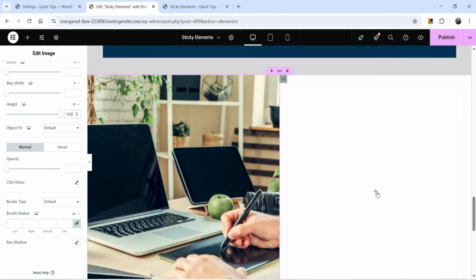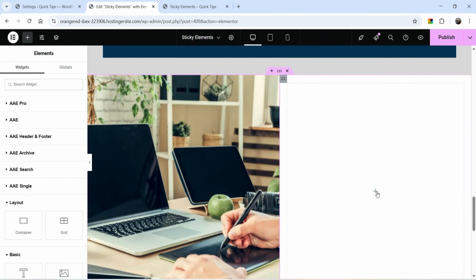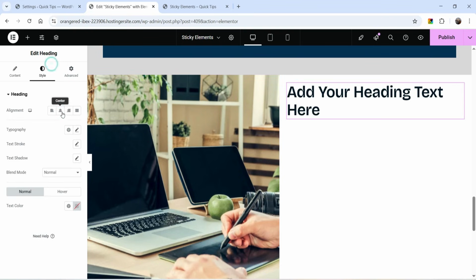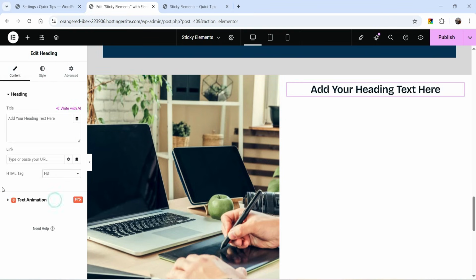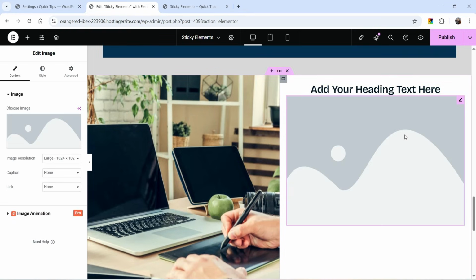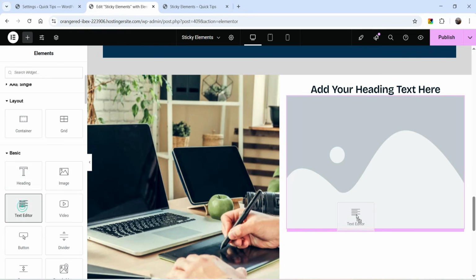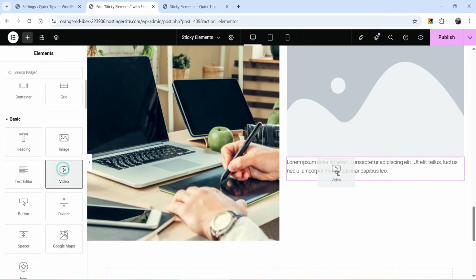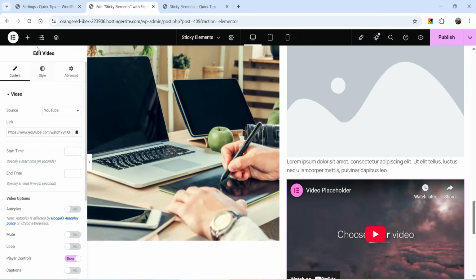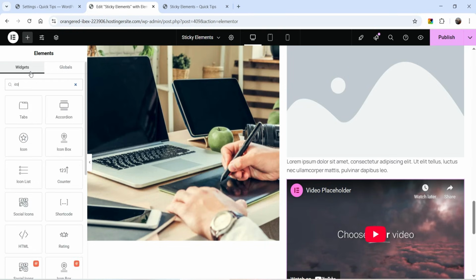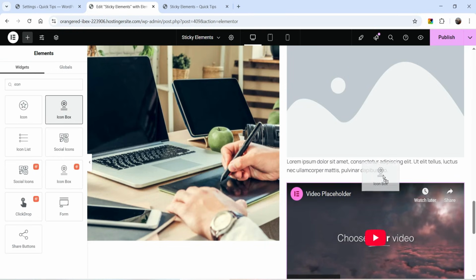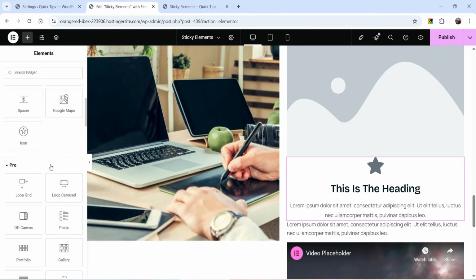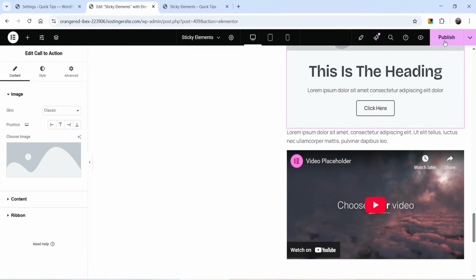All right, now in the right hand column, we are going to add some elements. So let's add heading, center align it. Let's add another image. Let's add text editor. Let's click on plus sign and add video. Click on plus sign. Let's say I want to add icon box. I'm just adding some random images in the right hand column. Let's click on publish